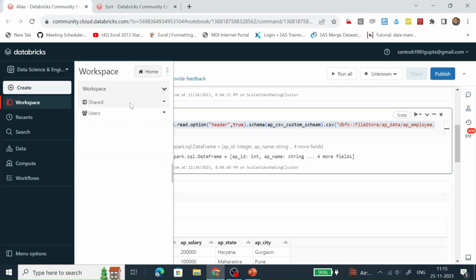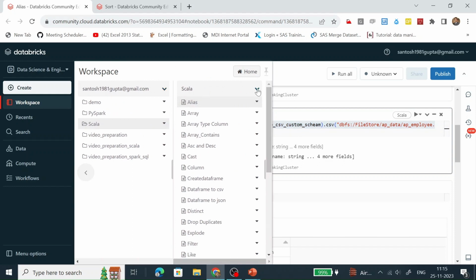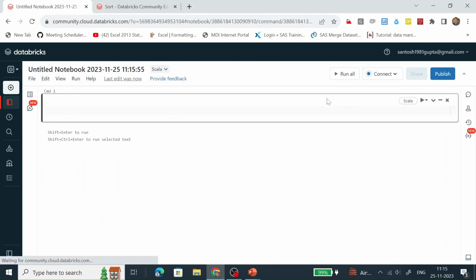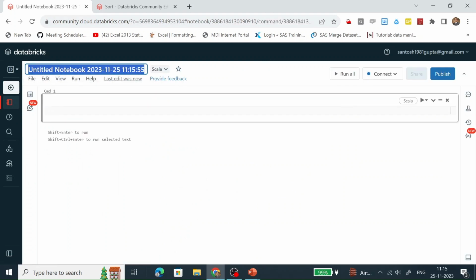Let's create a notebook. Name it as order by. Connect this notebook with our cluster.